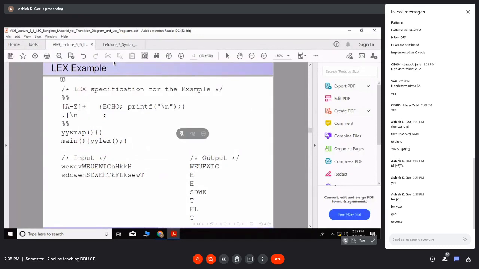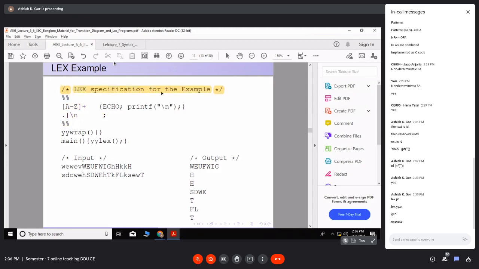Okay, so this is a simple example. This is a character class A to Z. Plus means one or more occurrences. And you can see this is between percentage signs, so this is the rules section. There is no definition section. This is a simple comment.